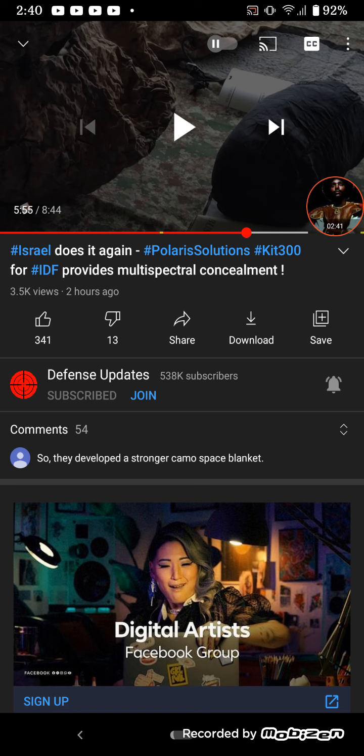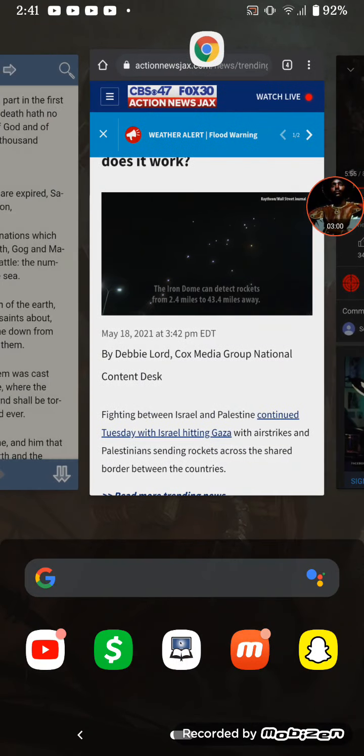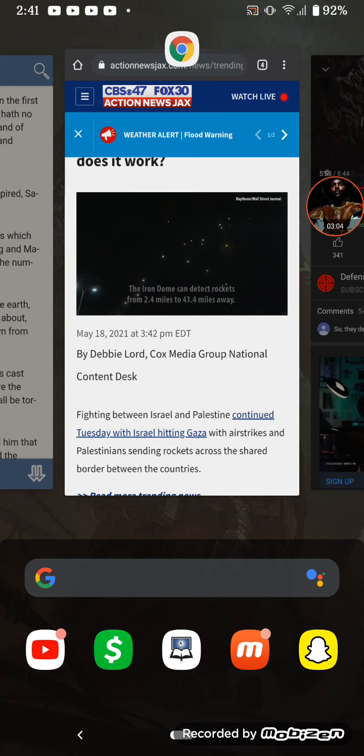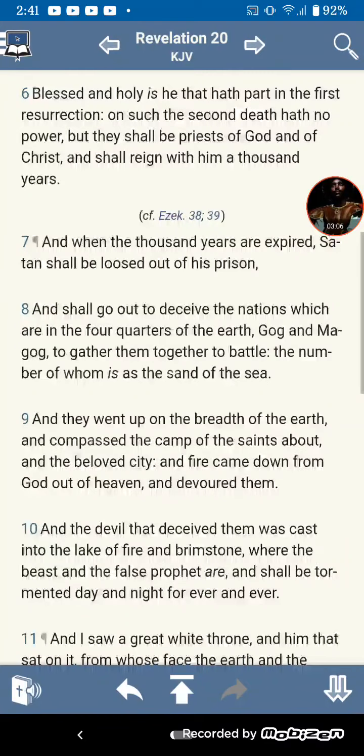Alright, so that's the gist. Essentially, it's just a better camouflage outfit, and they talk in the video about how there are actually a lot of barriers to getting true invisibility. Eventually, they could already have that, but just not be telling you. But it's yet to be seen. We'll have to wait till World War III, and we'll go into it. And we're going to go to